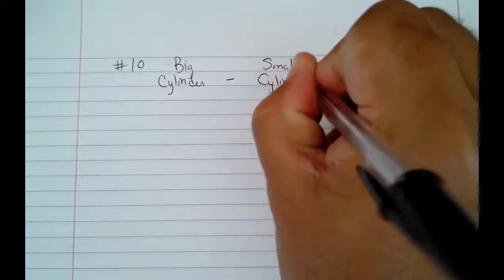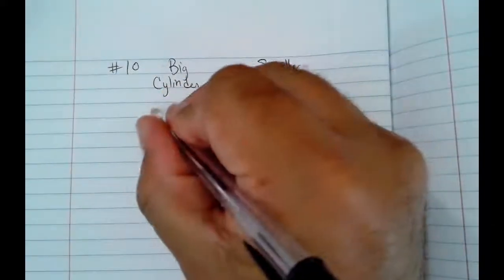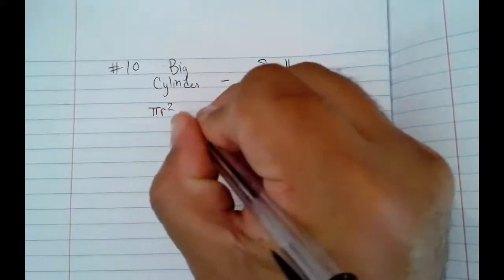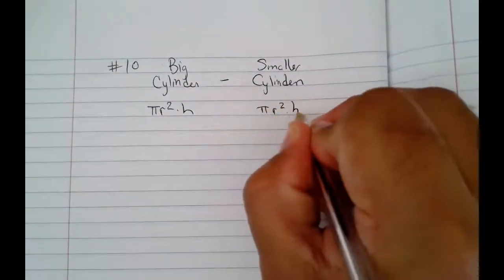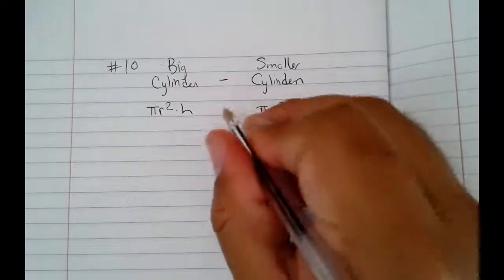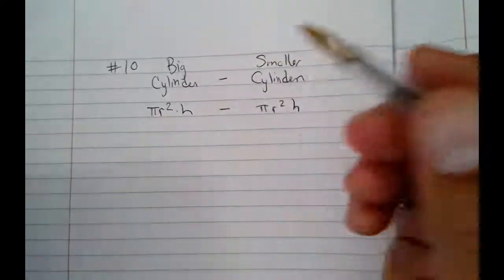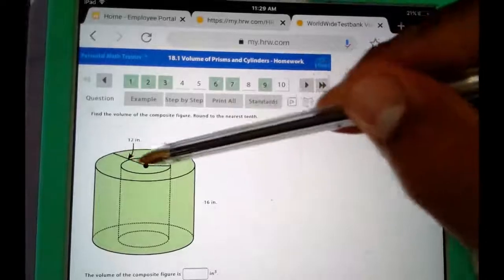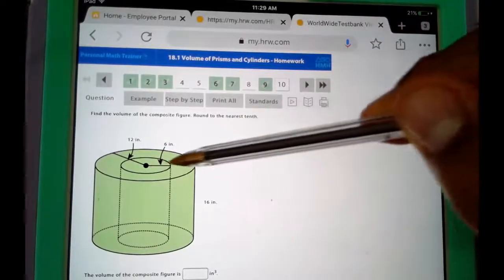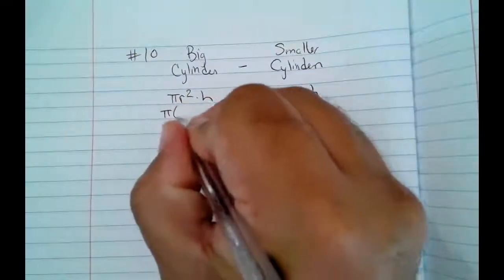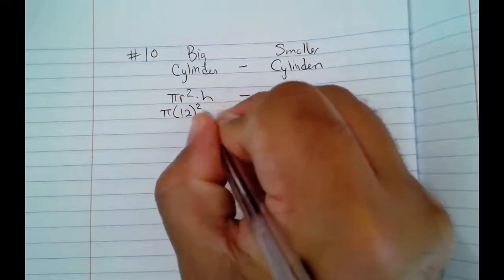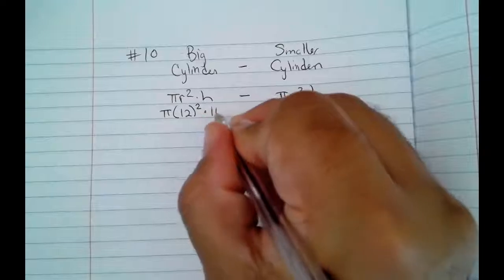Of course, I will always start off with the formula, which is pi r squared times h. And this one does say round to the nearest tenth place. So the big cylinder will have a radius of 12. The smaller cylinder will have a radius of 6. So I'll put pi times 12 squared times